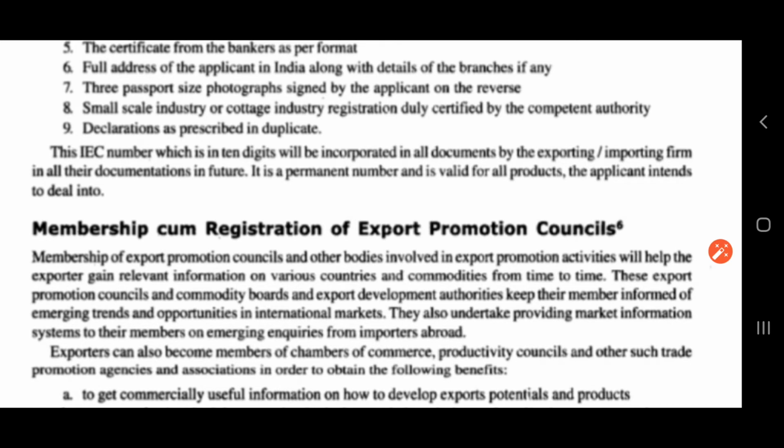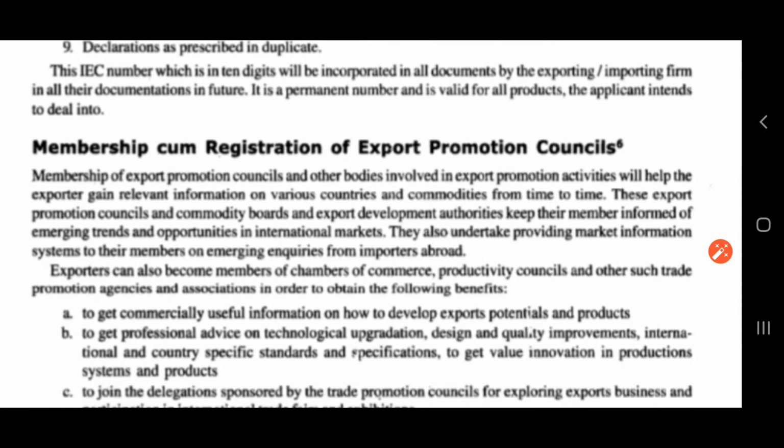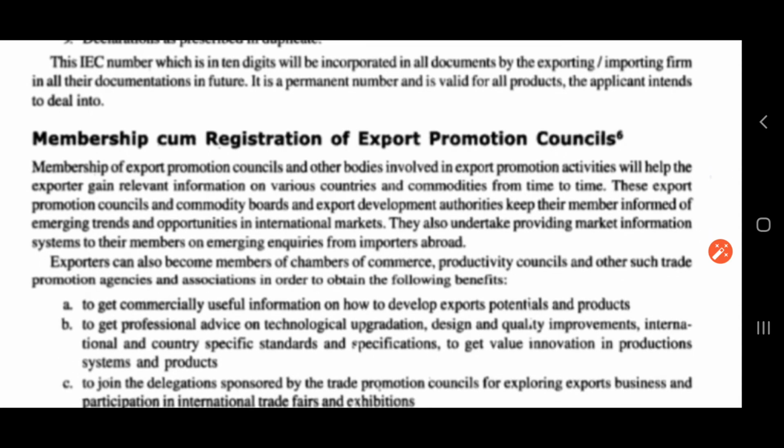Exporters can also become members of chambers of commerce or members of productivity councils and other such trade promotion agencies and associations in order to obtain the following benefits. If the firm becomes a member of chambers of commerce or productivity councils, there will be some benefits to the firm, like